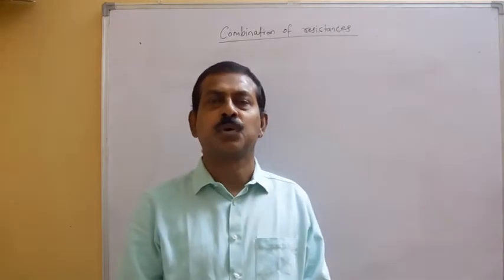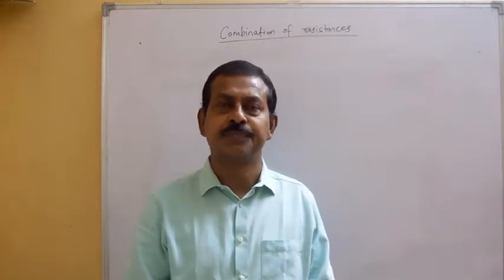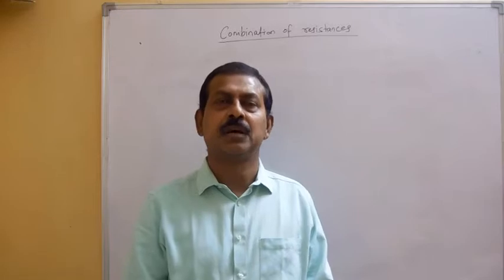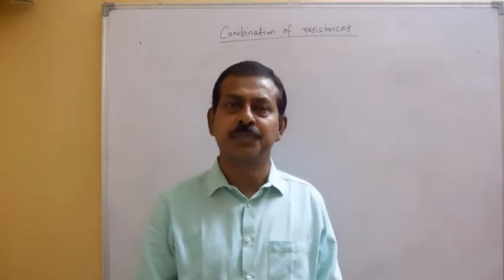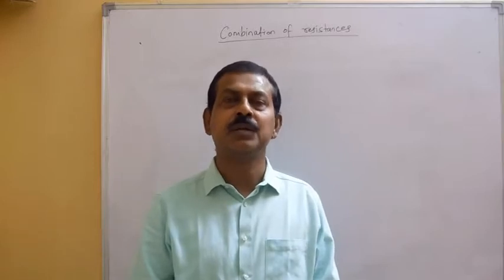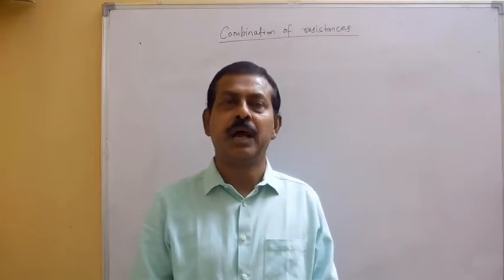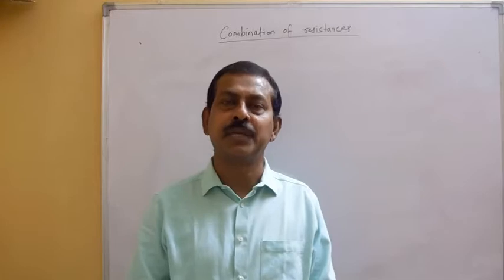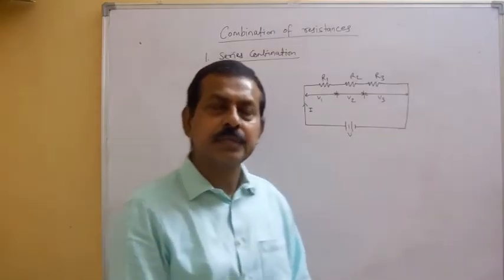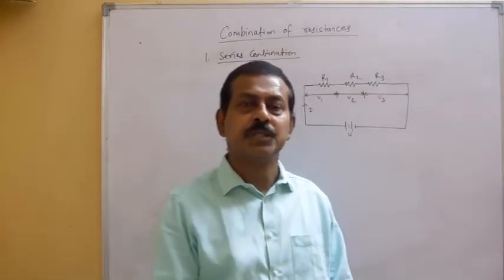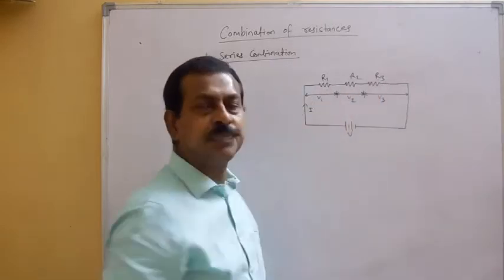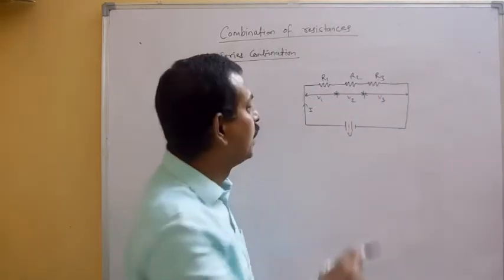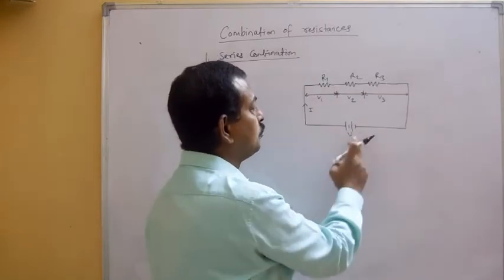Today we'll do combination of resistances. Now for resistances, we do series combination and parallel combination. These are the basic ones which we'll be doing first, and after that we'll go for the complex network. Let's take series combination. Suppose we have three resistances R1, R2, R3 connected in series across a source of EMF